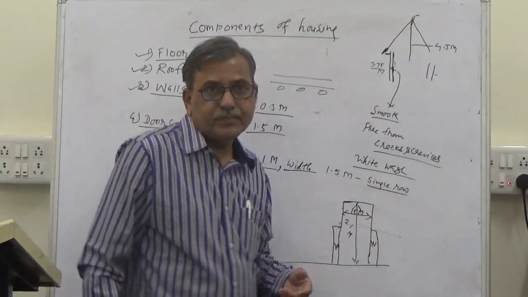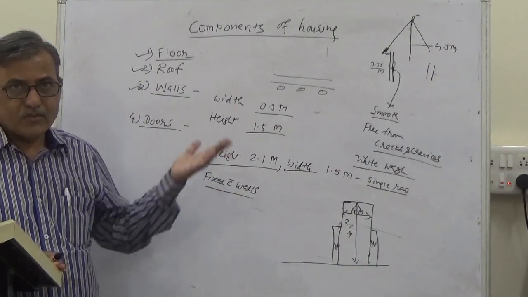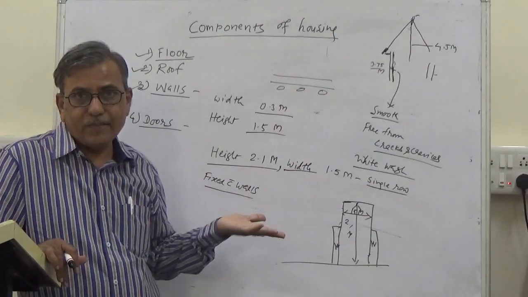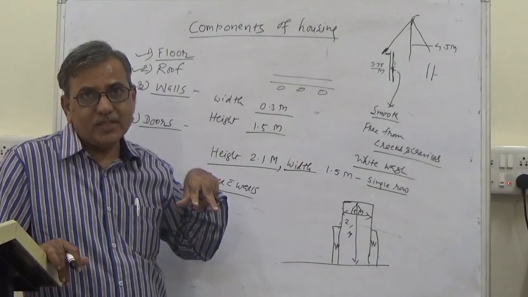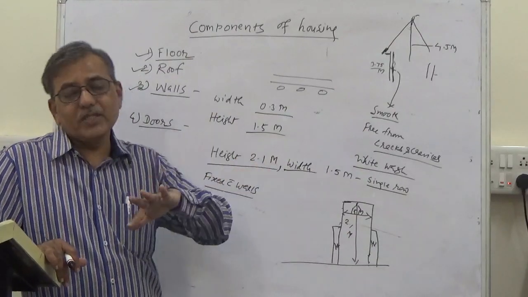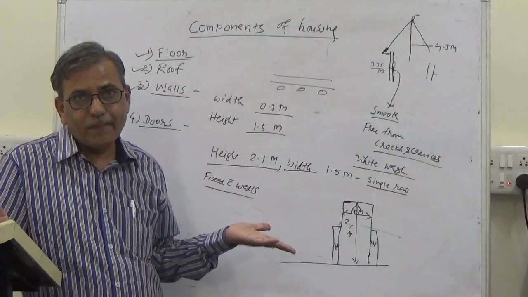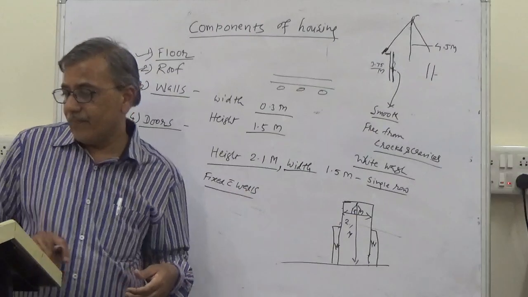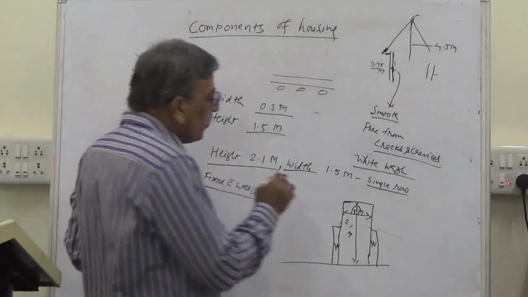And if there are two rows, double rows, as we have discussed in the conventional housing system, head-to-head system, tail-to-tail system, this type of housing has two rows of animals accommodated in the same house. In some cases the faces or heads are facing each other. In some cases the heads are facing outside. So in such types of houses, the width of the door should be 2.5 meters.